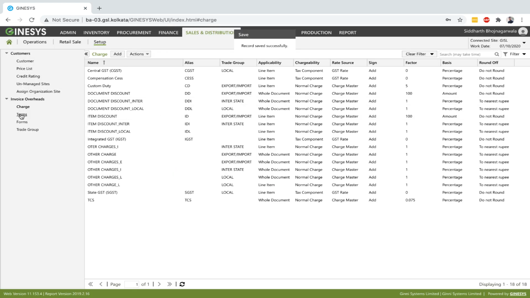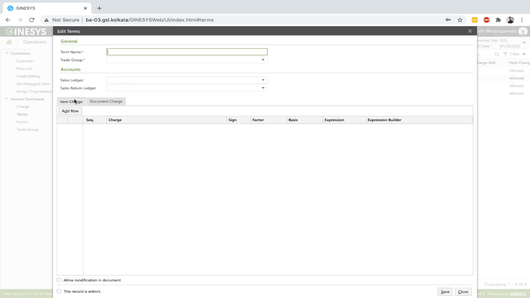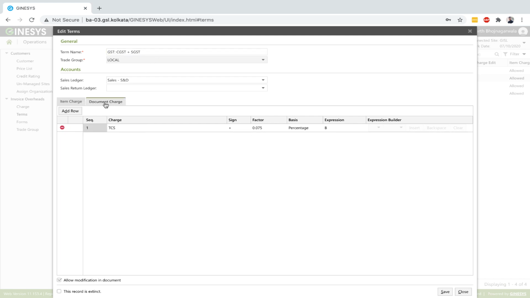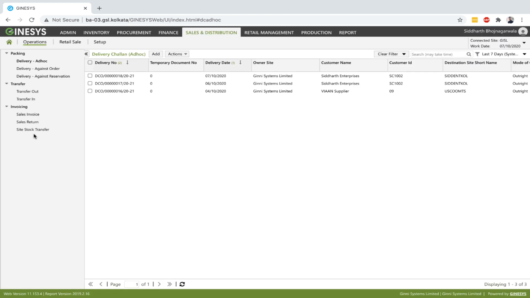You need to go to the term master, change the term and specify the TCS charge. The important note here is that this is only for demonstration purpose, and you need to change the terms which belong to the respective customers who are eligible for TCS, or you would have to create a new term with TCS and tag that to the customers.